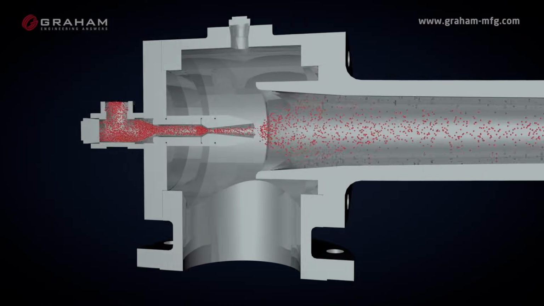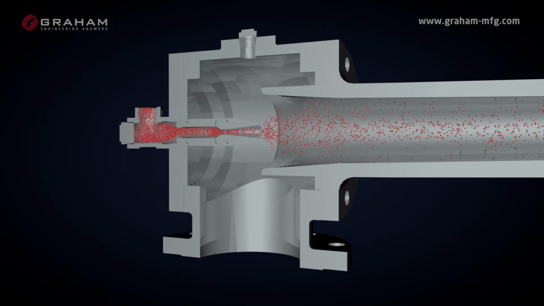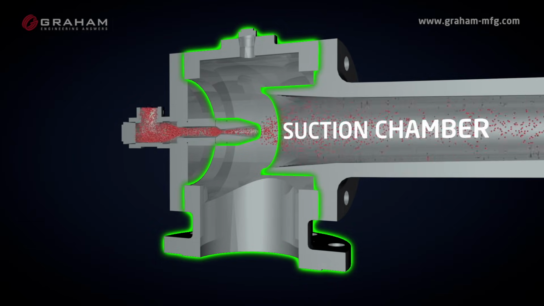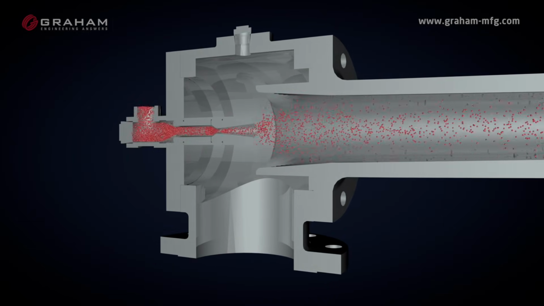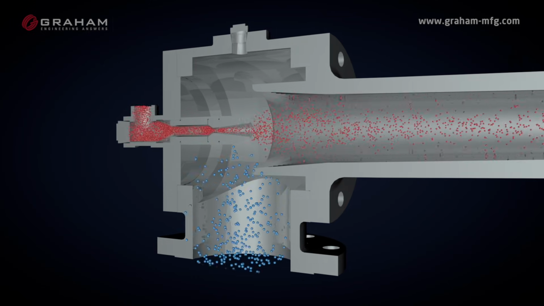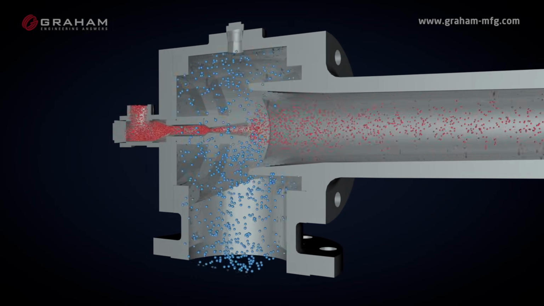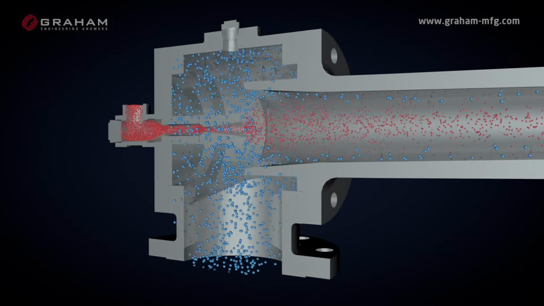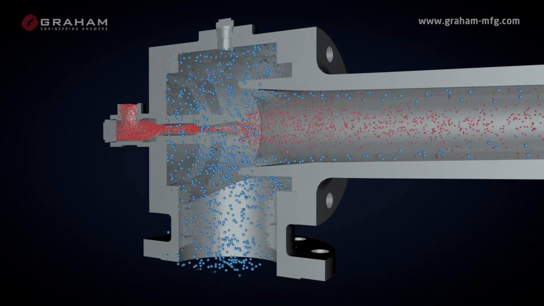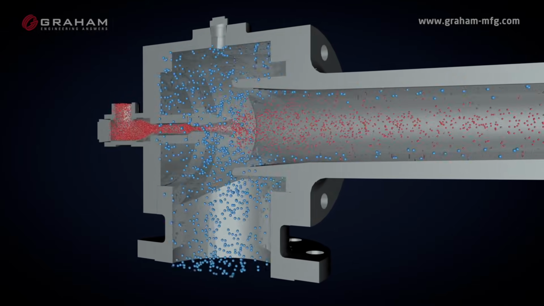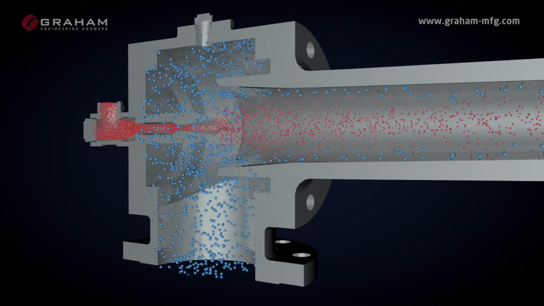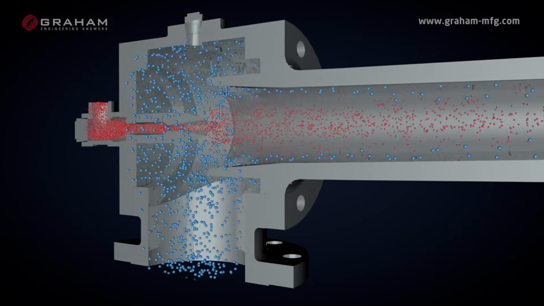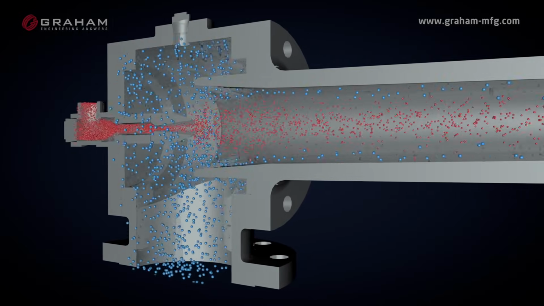Housing the motive nozzle is the third component we are going to discuss, the suction chamber. This is the mechanical connection between the nozzle and the rest of the ejector. The high-velocity motive stream mixes and entrains the processed gases in the suction chamber. Momentum is transferred from the high-velocity motive stream to the suction load gases, accelerating the suction load gases and, consequently, decelerating the motive gas to a new mixture velocity.